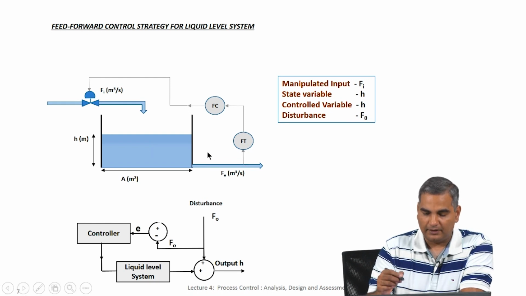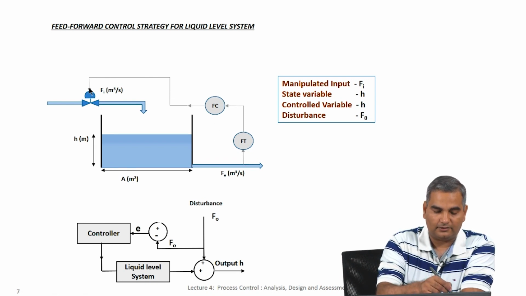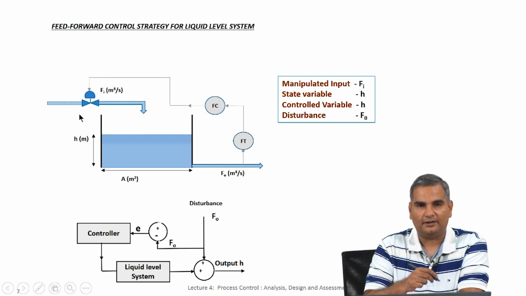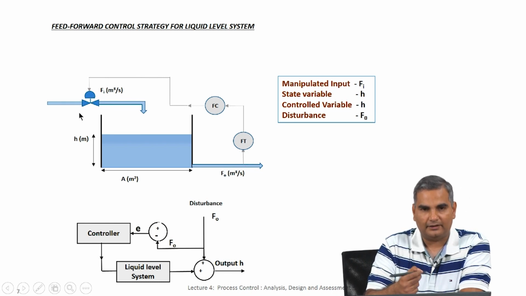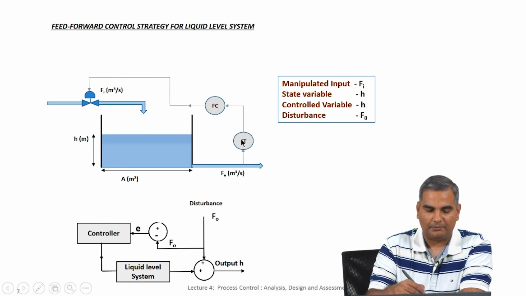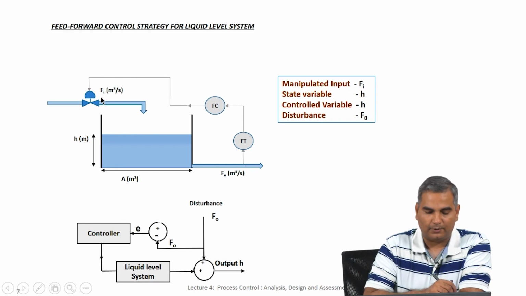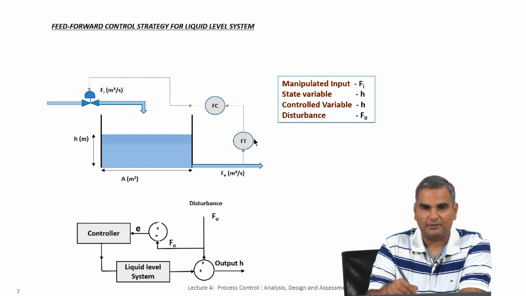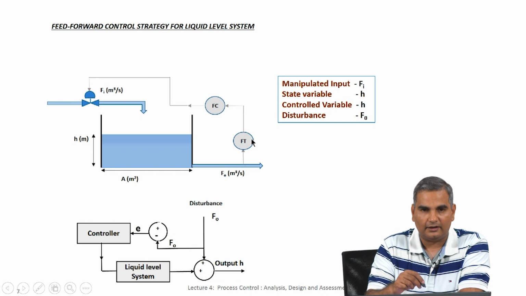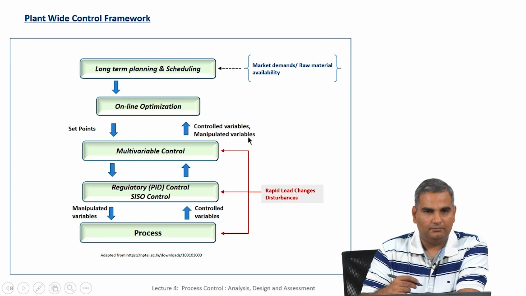Now, in the same example, if you also add height measurement and then add an error based manipulation of the valve also, then that would be a combined feed forward feedback control strategy, which would take into account mistakes that are made in this F naught flow change automatically, because you would assume that the F naught has changed by a certain amount and then change Fi correspondingly. However, the height will not remain constant. That might be because this F naught measurement itself is wrong. So, those kinds of errors you can fix using a feedback control strategy. So, these are some basic control structures.